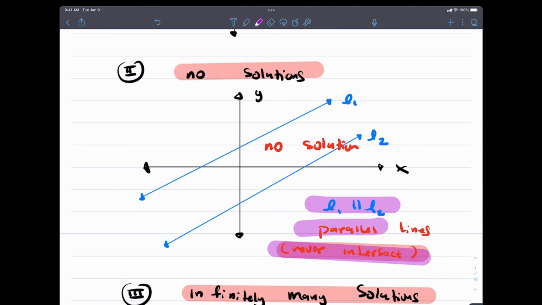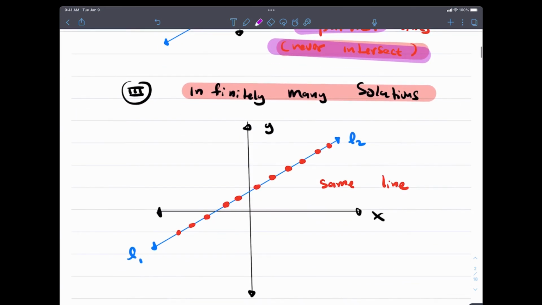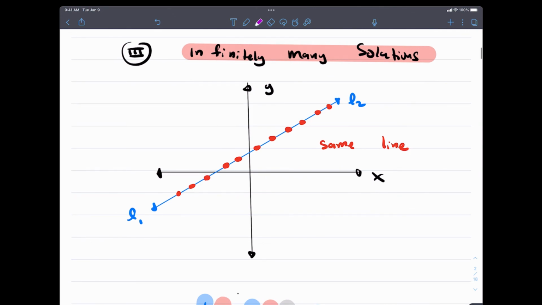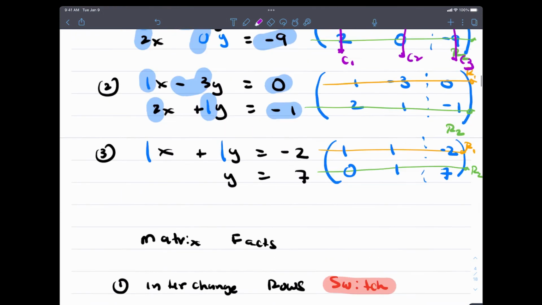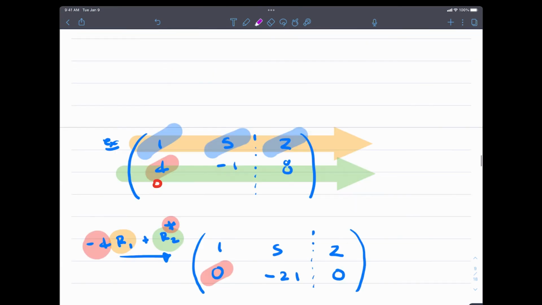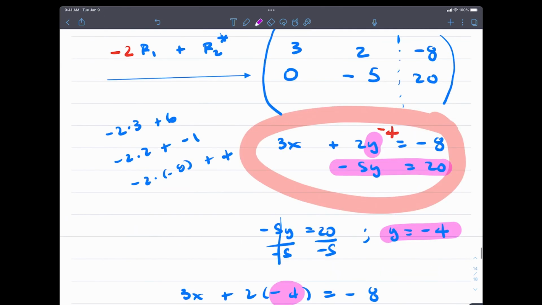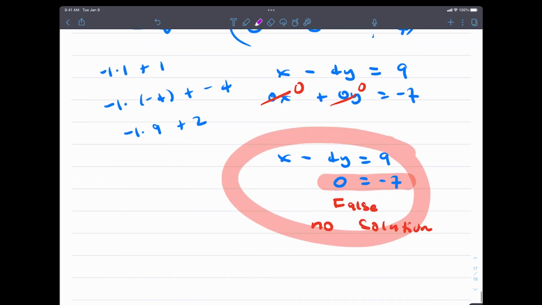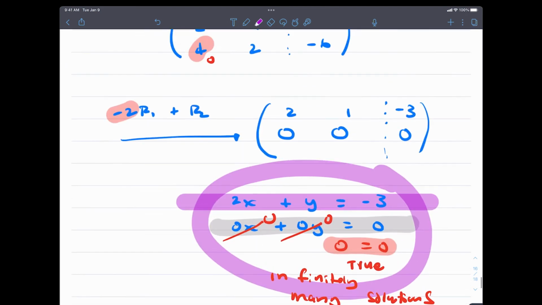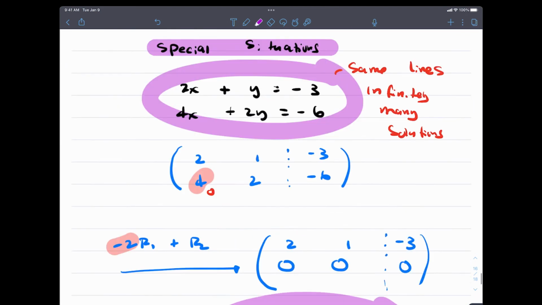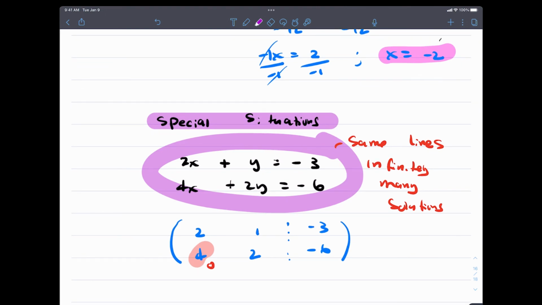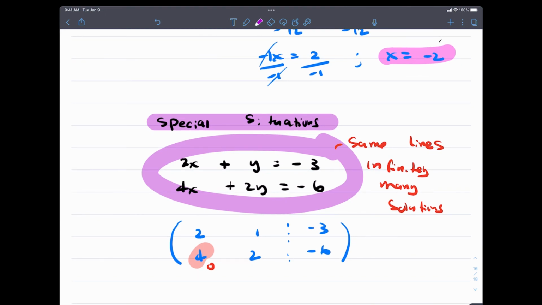So how do you know when you have a no solution situation? You have a false statement. How do you know it's infinitely many solutions? It's the same line. You have a what? True statement. Okay? And those are the 2 special situations that we had to talk about here. So, ladies and gentlemen, let me share this with you guys. These are the 2 special situations: no solution. There we go. And if you look online,